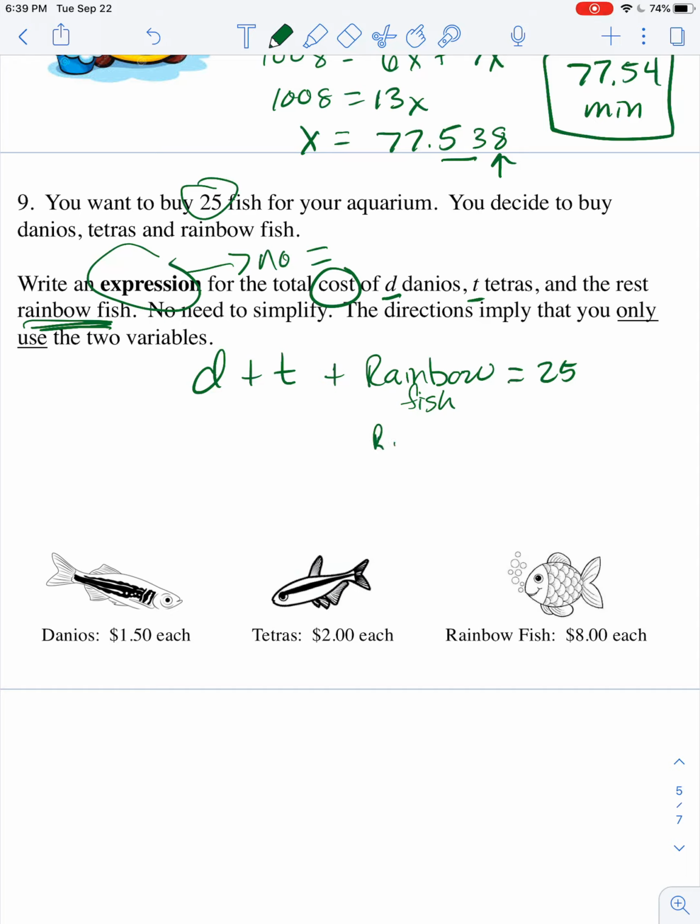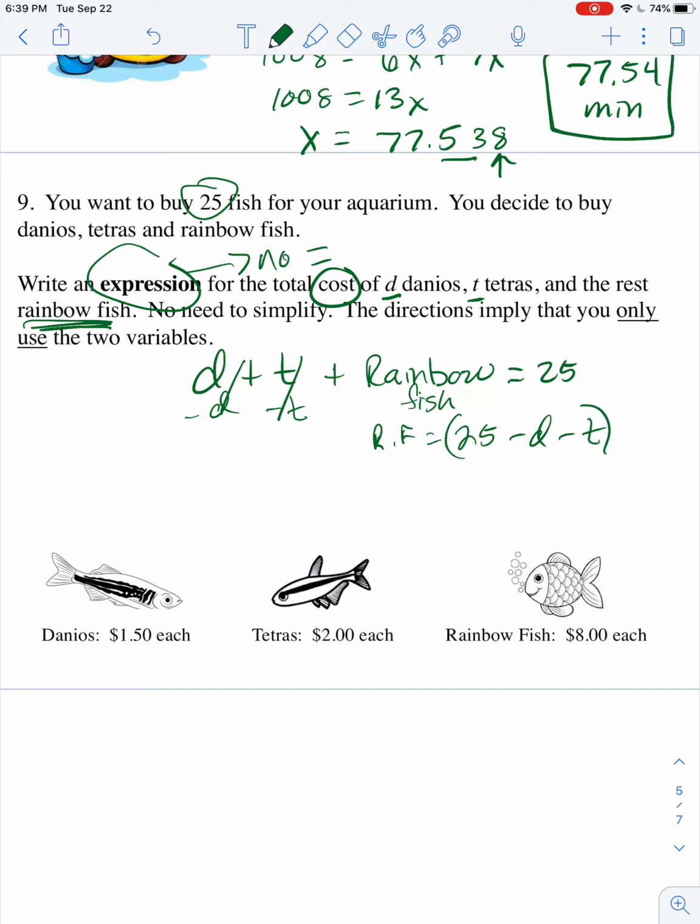So get it alone. So back to what we learned at the top, the rainbow fish would be 25. Then you'd have to take this D away to the other side and take this T away to the other side. So when I'm representing the number of rainbow fish, it's going to look like that. So my